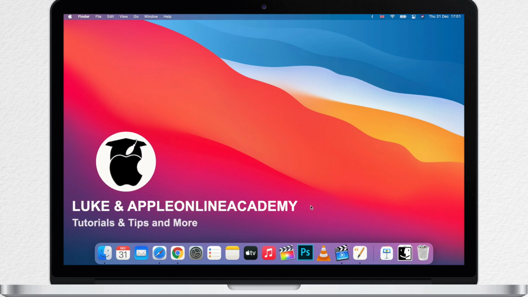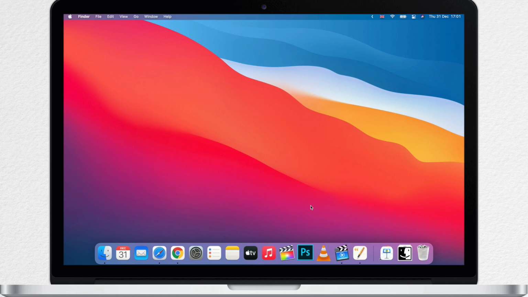Hi everyone, Luke here from AppleOnlineAcademy with another quick tutorial where we will learn about hidden characters which you can type with your keyboard. You probably already know that you can type almost any special character or emoji by using